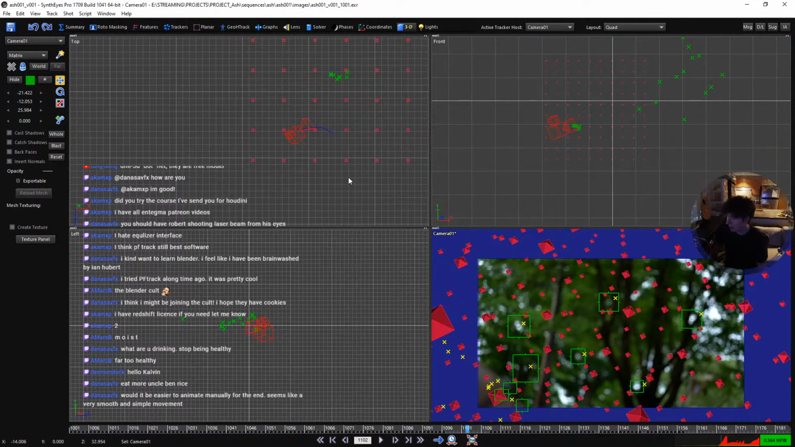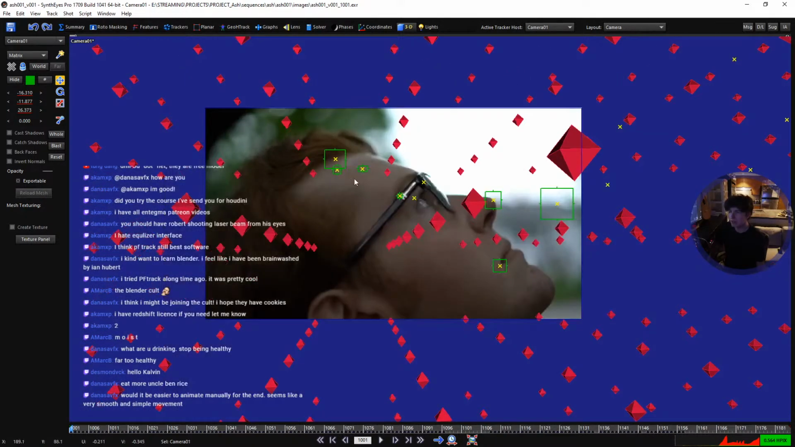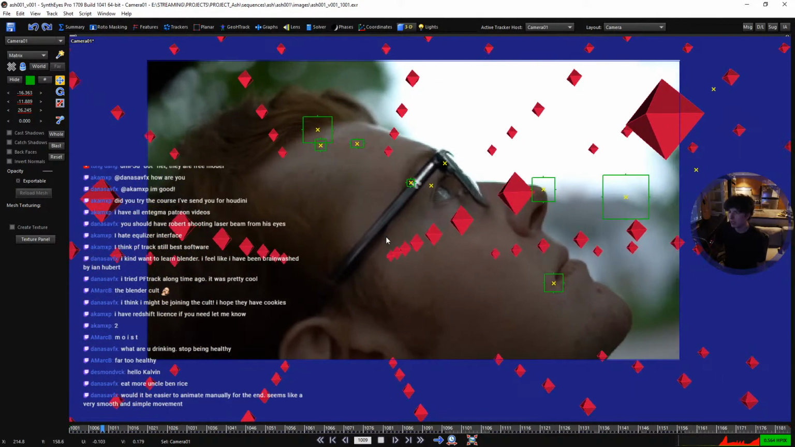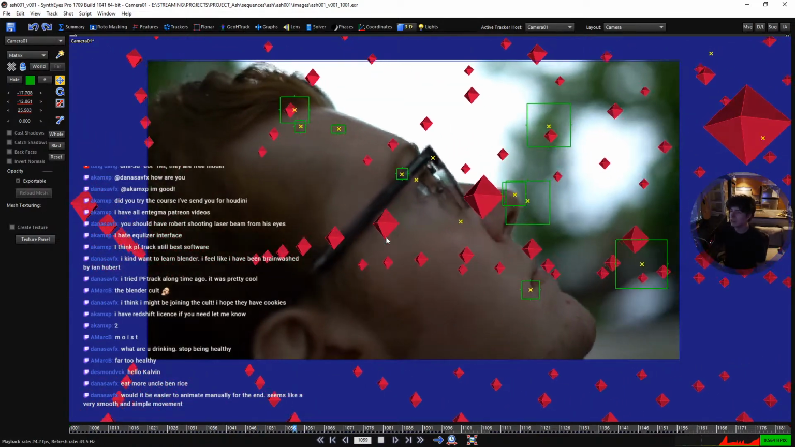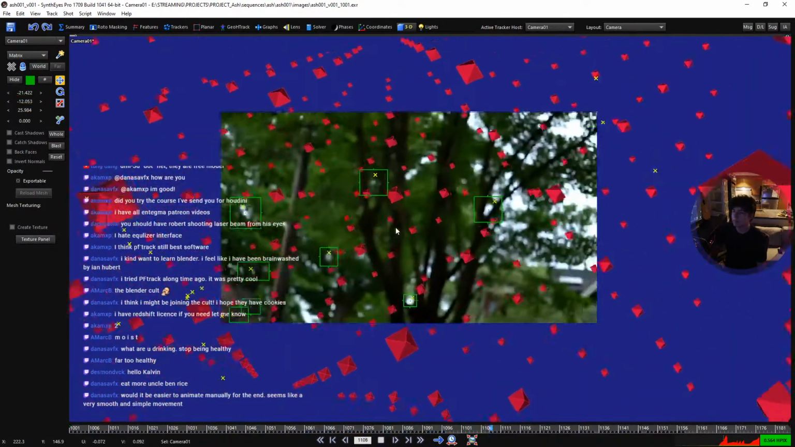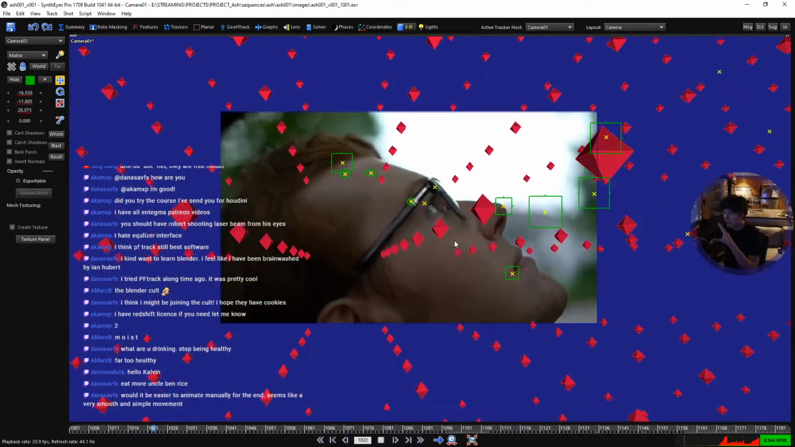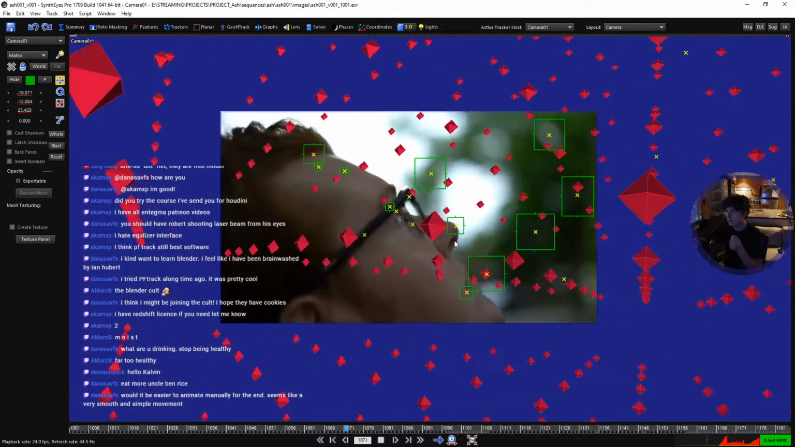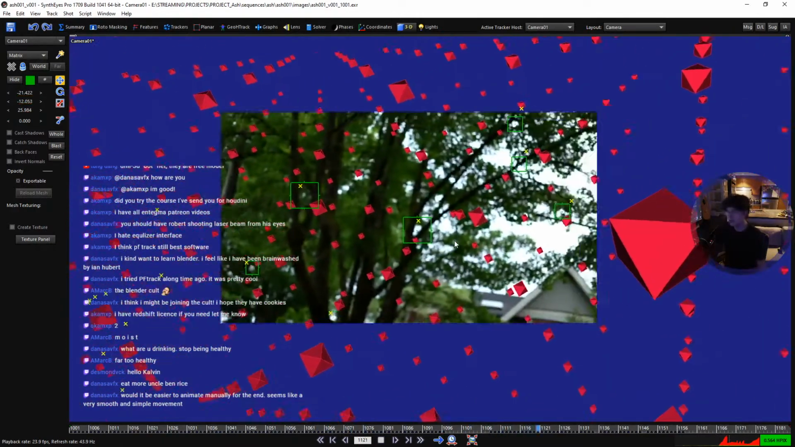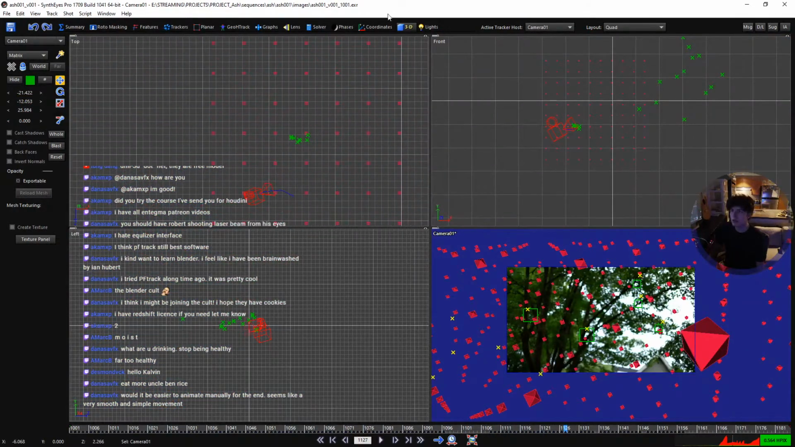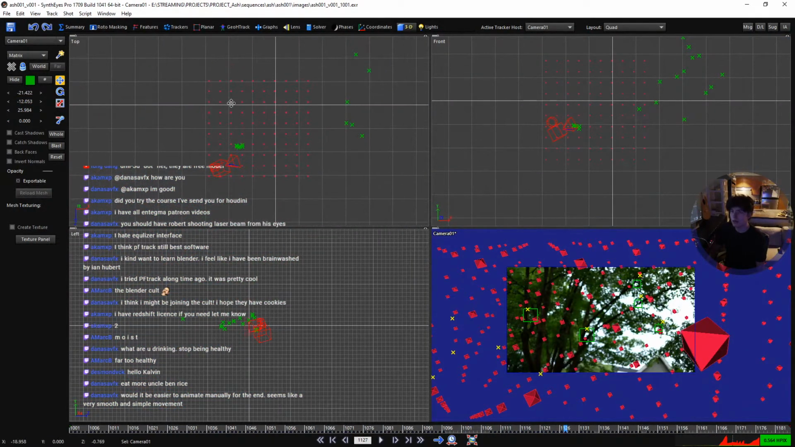Danasa, would it be easier to animate manually for the end? Seems like a very smooth and simple move. Yes, it's much easier to hand animate at the end. So that is what I'm doing. This part, I'm just going to gradually make a couple keyframes and smooth it out and then just let the rotation solve itself. Something I should also do, which will help out, is I'm going to make a new